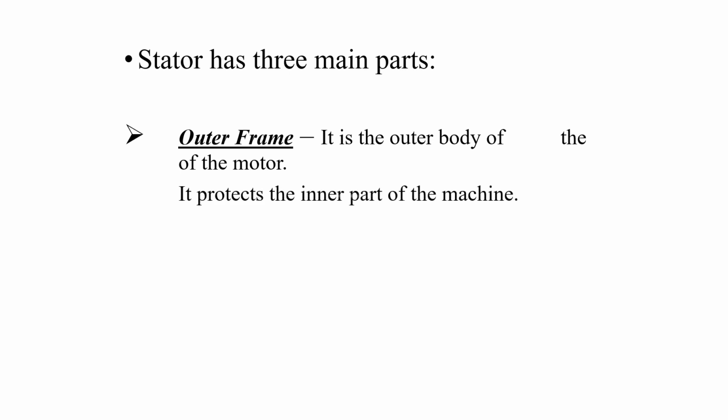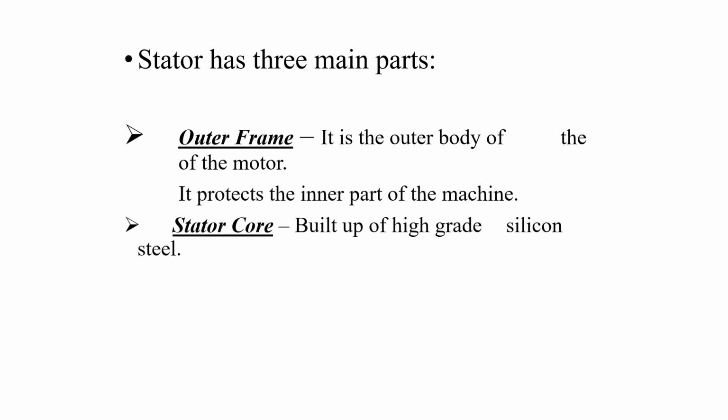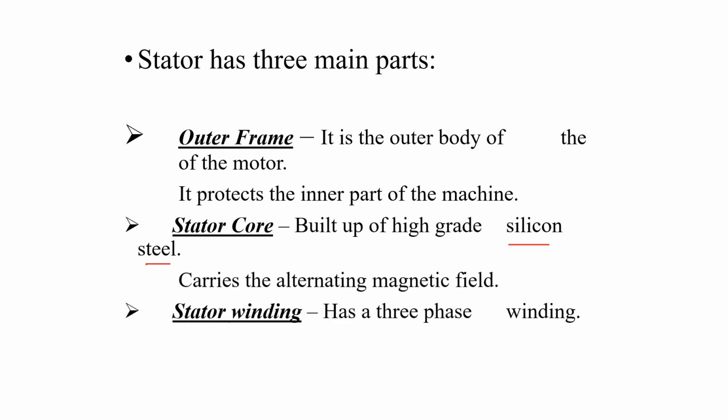And the second part is the stator core. Stator core is made up of high-grade silicon steel, which has very low resistivity for the magnetic flux. It will allow more magnetic flux to travel. And finally we will be having the stator winding, which is a three-phase winding or a single phase winding. So this is for the stator, and in the next video we will discuss about